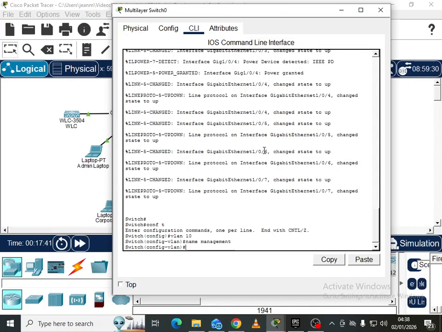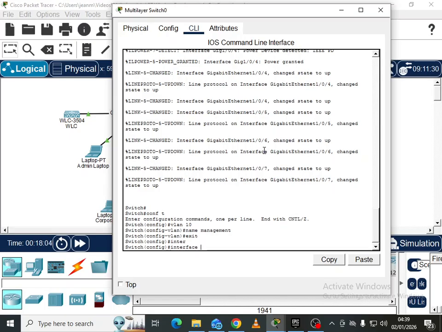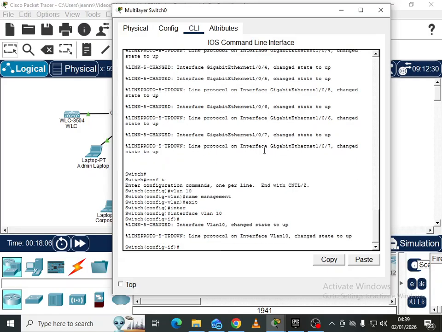Okay. Now, what we need to do is create a VLAN interface on the multi-layer switch, to be used as the default gateway for the management VLAN, and we're also gonna give it an IP address. So we're gonna say interface VLAN 10, and then we'll say the IP address would be 192.168.10.1, and then we'll give it a slash 24. Okay,